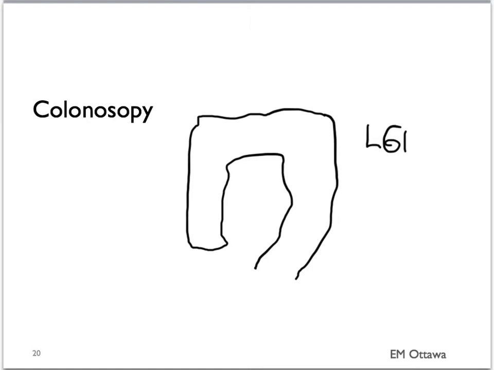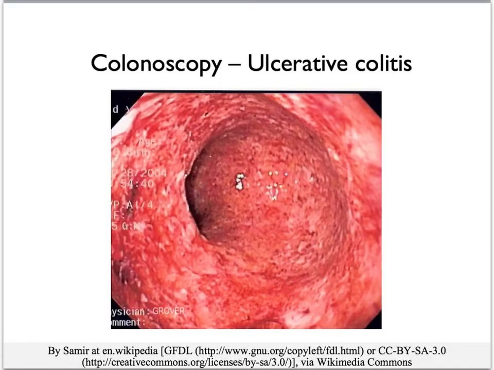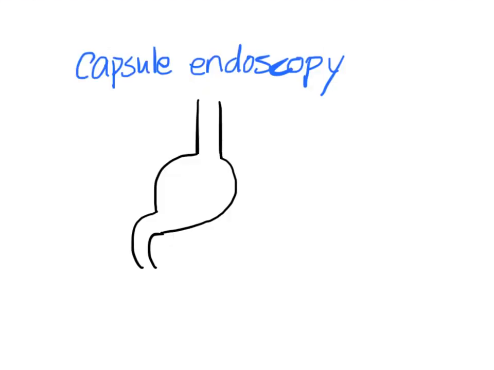Colonoscopy is used to diagnose lower GI bleeds. For a colonoscopy to start, you need a bowel prep. That takes lots of time and is usually not suitable for patients in the emergency department. Also, in massive lower GI bleed, it is very difficult to visualize the bowel. In a patient with a clean bowel prep, you might be able to see signs of inflammatory colitis, such as this on the colonoscopy. There's also a newer technology known as capsule endoscopy, where the patient swallows a small capsule